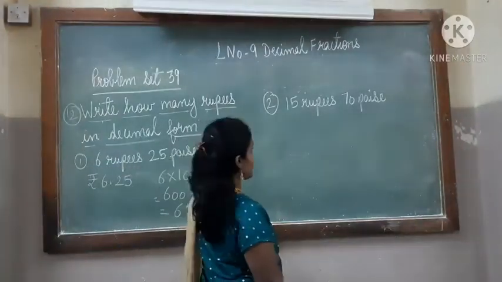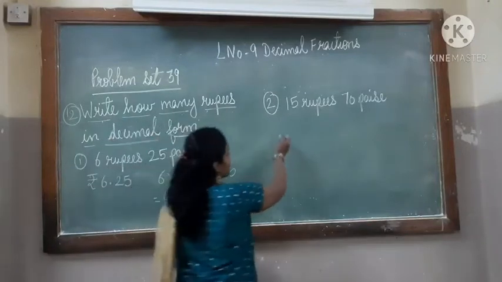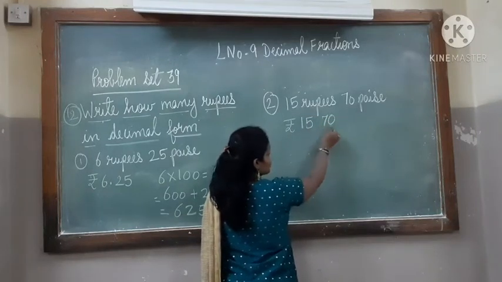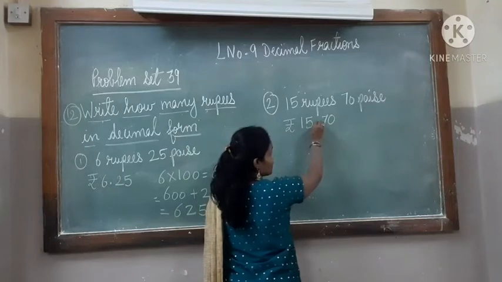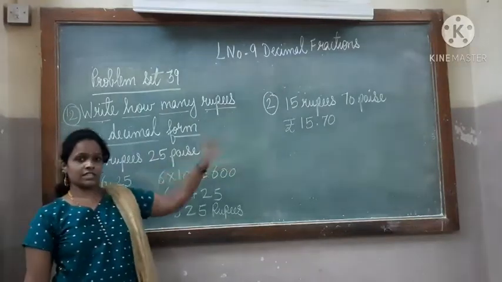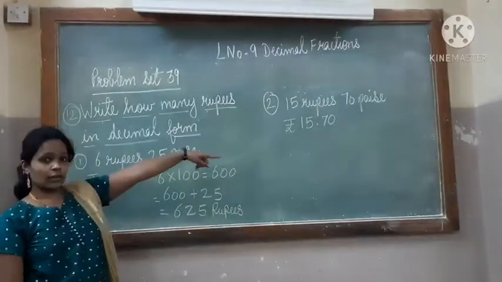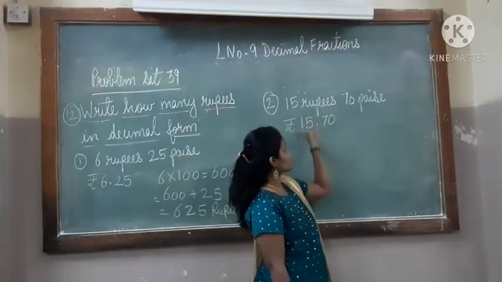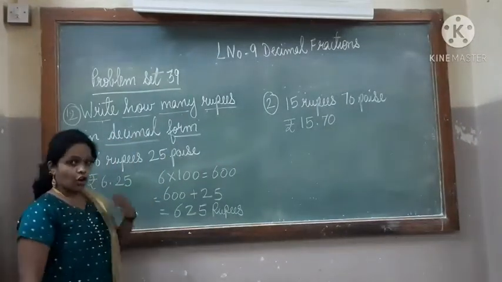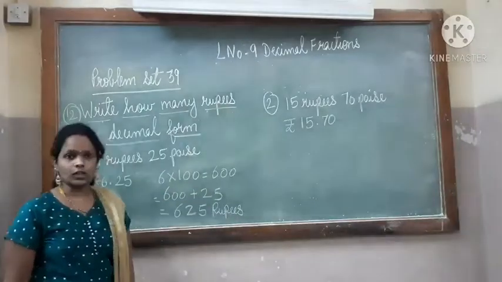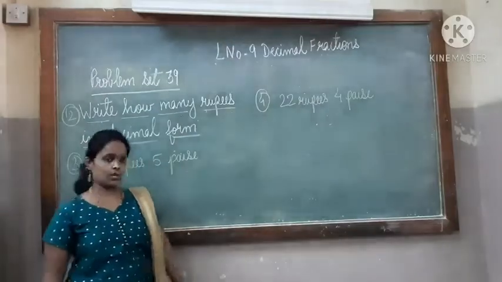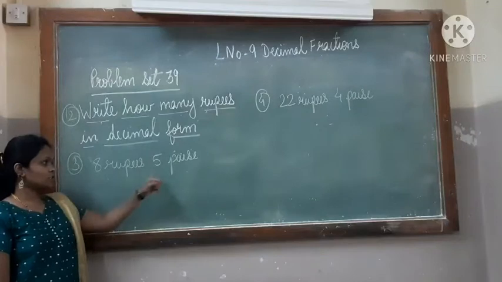Now the second one is exactly like the first one. So what will be the answer? Rupees 15 and 70, between these two, 15 rupees 70 paise, you are going to put the decimal point. So the first one and second one are exactly the same. So you have understood there are two methods. First you will see the rupees and paise, write them as they are and put the decimal point. If you want to confirm whether the answer is correct or not, for that I have shown you the calculation. Now let us start with the third and the fourth one. In the third one they have given us 8 rupees 5 paise.